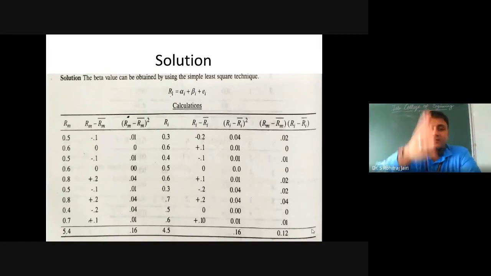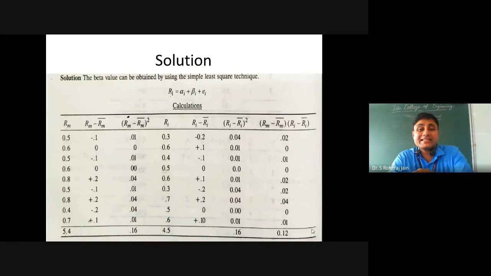Then the third column is concerned, I need to do the squaring of the second column, that is minus 0.1 squared. I get 0.01 positive. Please understand, do not miss any sign over there. Minus into minus is plus. So I do the squaring. In a similar way, I'll be writing Ri values.